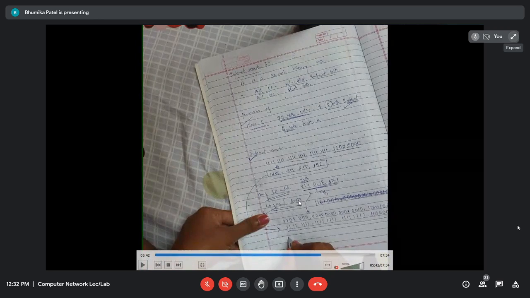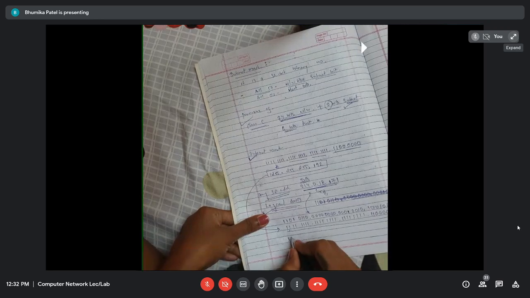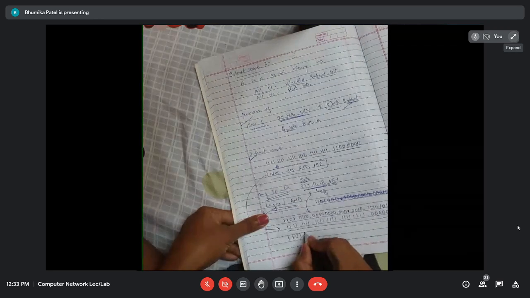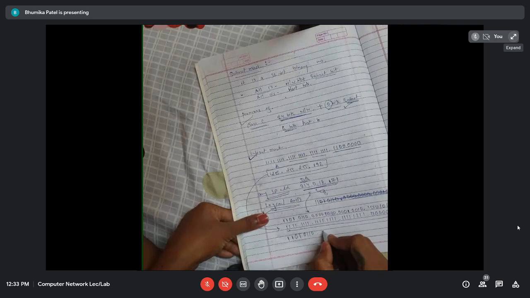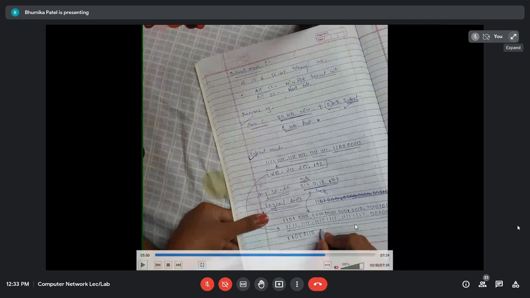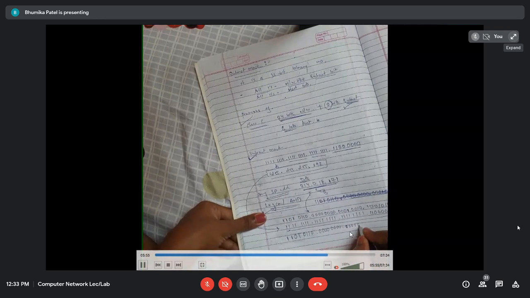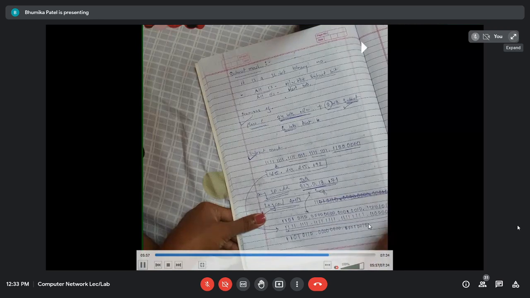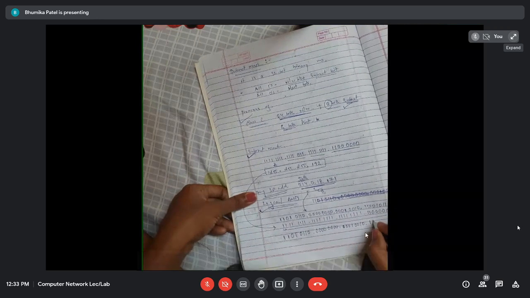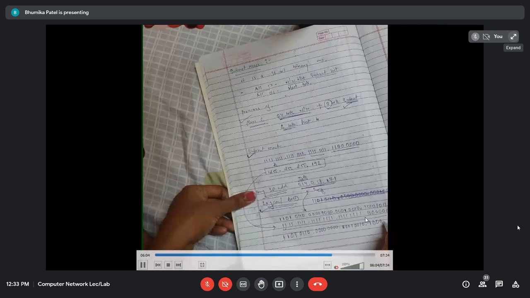Now if you perform the logical AND between these two, the subnet mask and the destination IP address, what do I get? It will be 11010110. You know what logical AND is? Only when both are 1 is the result 1. If any one of them is 0, then the result will be 0. Here it will be all zeros, then 00010010. And now the main part is this 10, then the remaining all zeros.